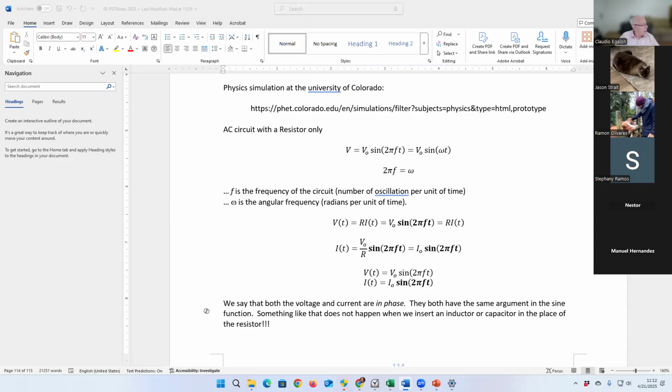And I'm going to write that down here, the relationship. But before we go into the capacitor and the inductor, I'm going to show you a very nice way of